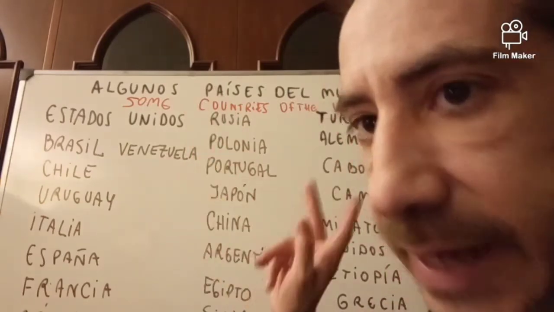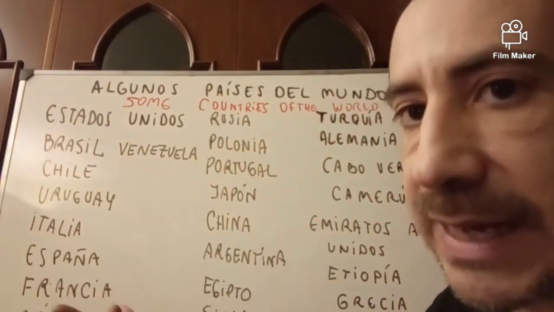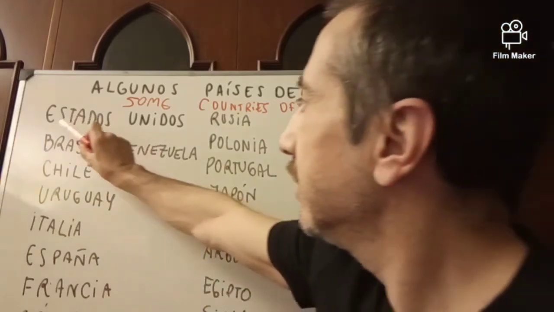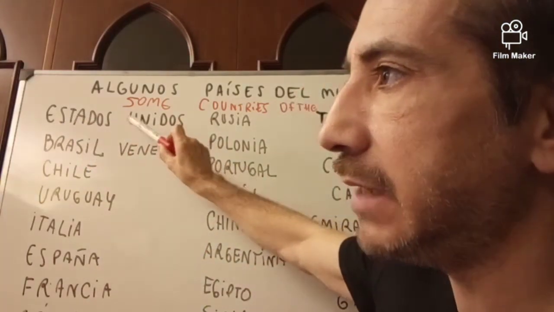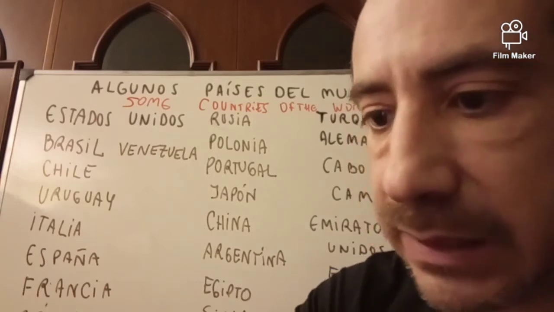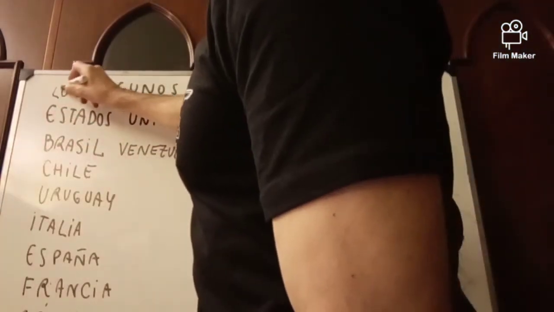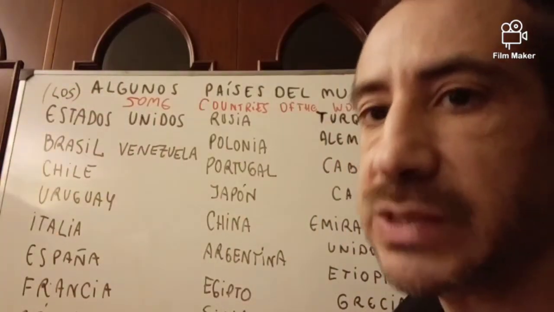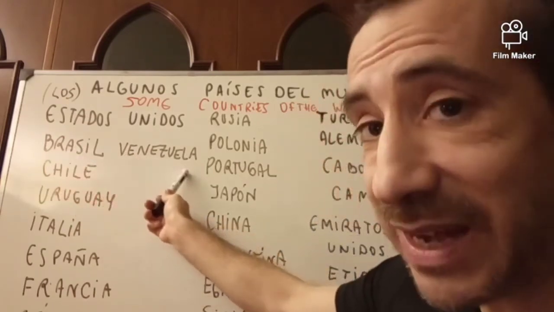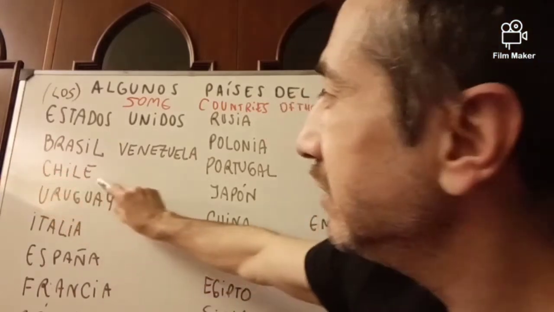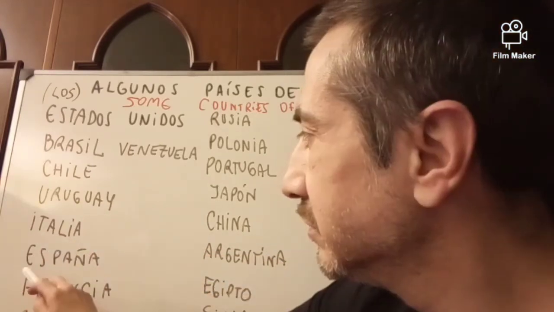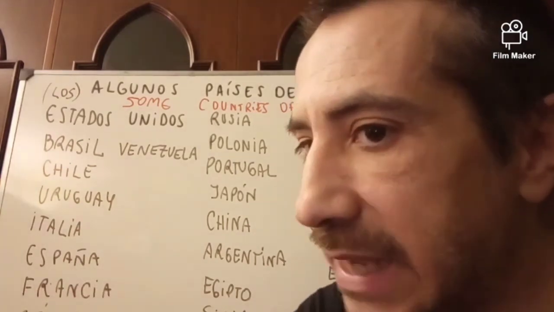Well, first we are gonna see the names of the countries and then the nationalities and languages spoken there. In this case, this is the name in which we say United States of America, Estados Unidos. We can say Estados Unidos or Los Estados Unidos, both are used. Brasil, Brazil. Venezuela. Chile, Uruguay, Italia, España, Spain, Francia, France,